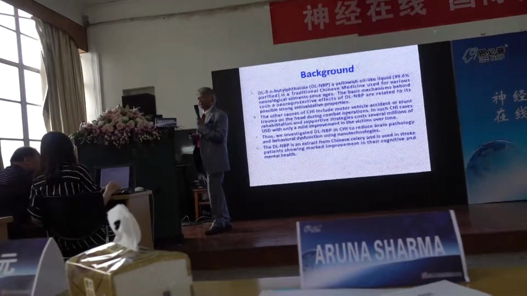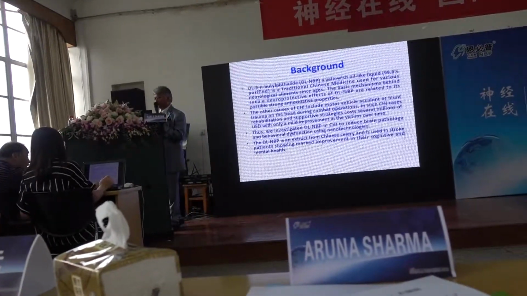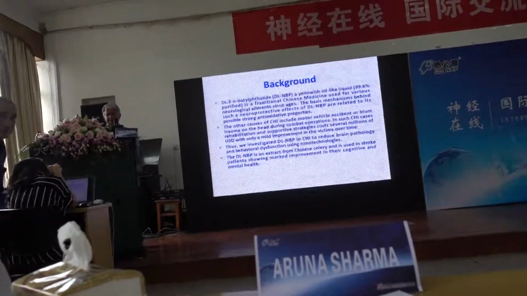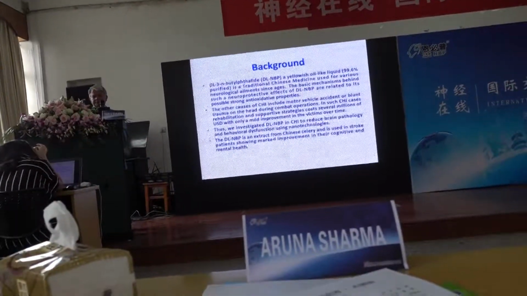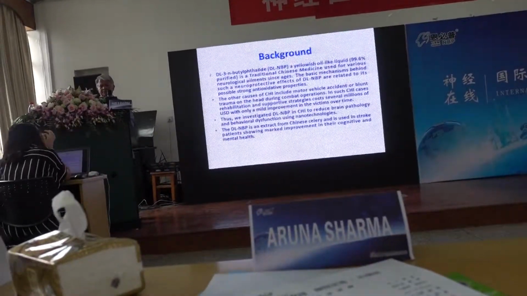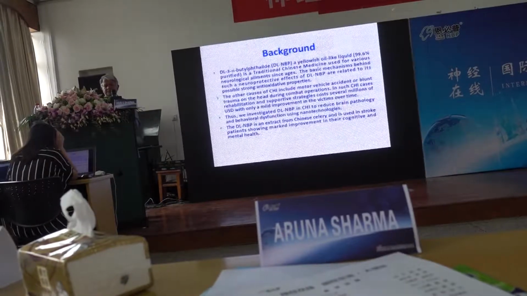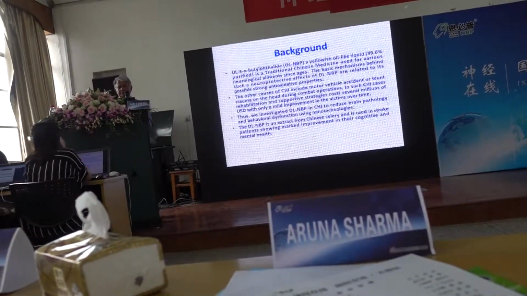首先向大家介绍就是我们运用这个丁苯肽研究的背景。那么丁苯肽呢是从那个提纯的一种黄色的油状液体，在很久以前呢就用于治疗神经系统的各种疾病。对于神经系统的保护作用呢，它的机制呢可能是具有很强的抗氧化性有关的。